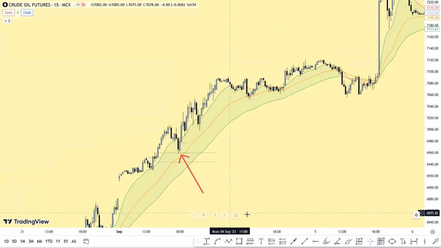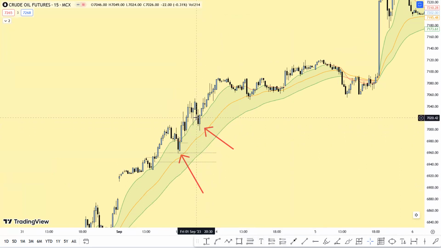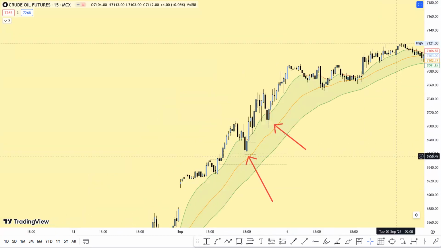See, again it entered into the moving average band, right? Again it entered the band, and there you got almost a piercing pattern or water pattern. See, okay, one more thing I want to tell you. How do you identify whether there is a chance of